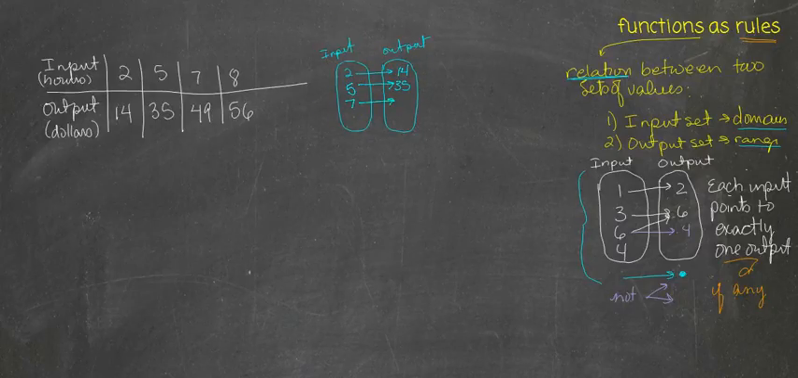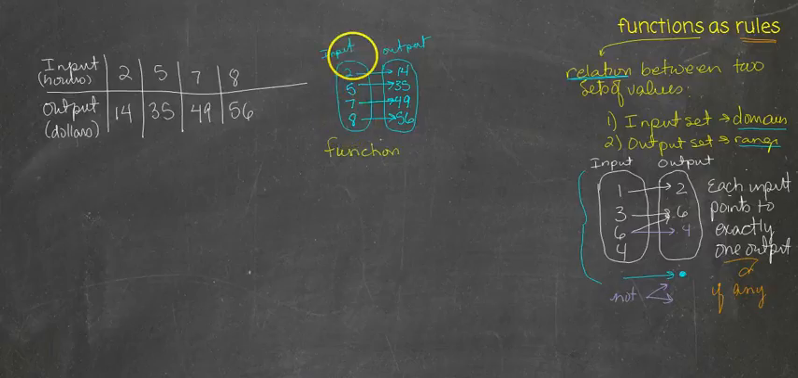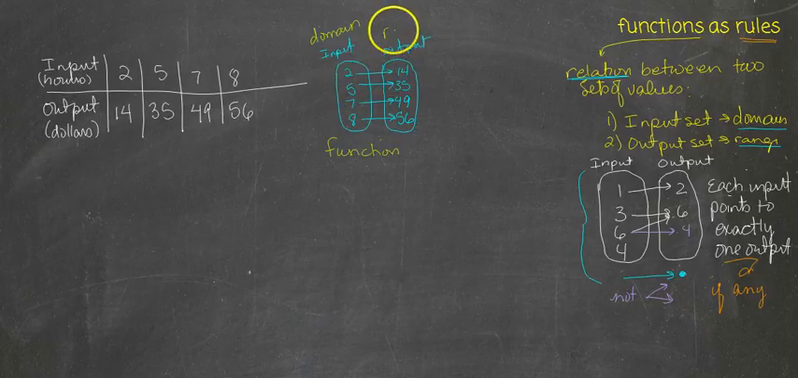7 points to 49. And 8 points to 56. This is a totally acceptable function. We can call it a function because every element in the input, or every element in the domain, right? Input is the domain, points to exactly one input in the range. So 2 only points to 14, 5 only points to 35, 7 only points to 49, 8 only points to 56. This is definitely a function, and we're going to learn a whole bunch of math that applies only to